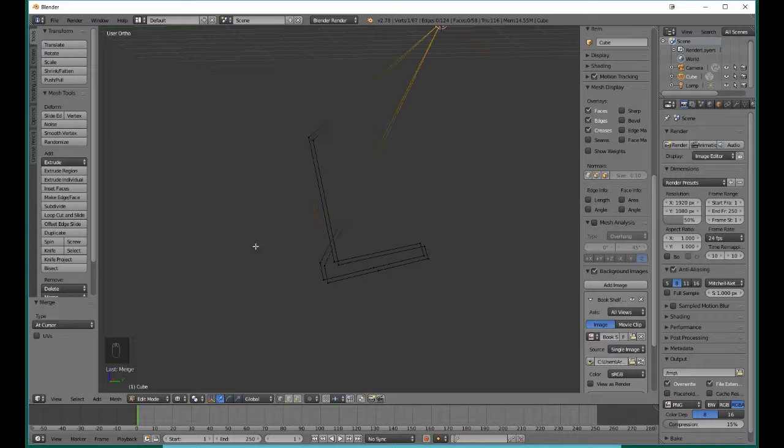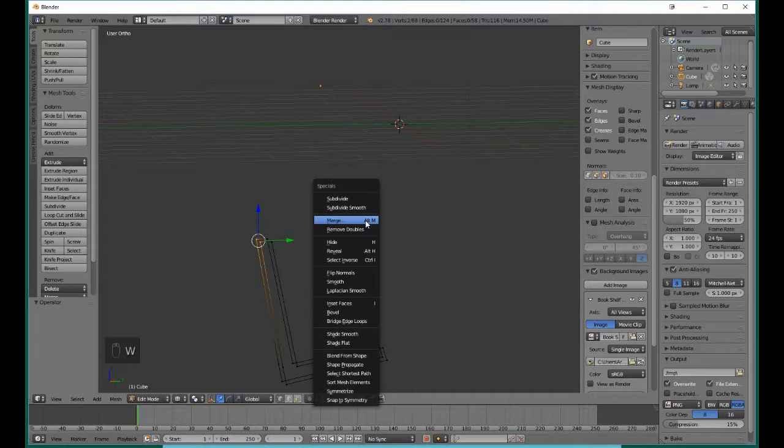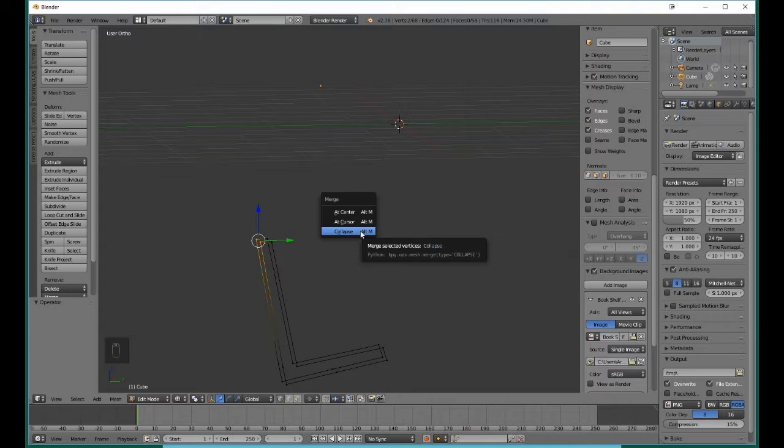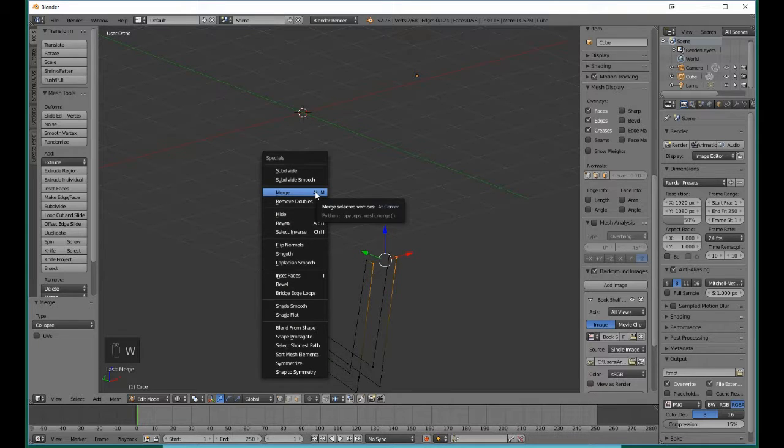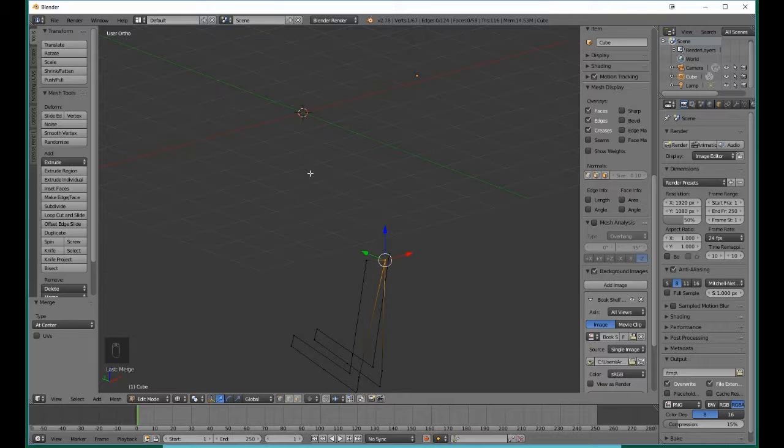So we hit at cursor, and they fly up to the cursor. And that's not what we're wanting. So we undo that. And if we were to choose the collapse option, this is what we get. Absolutely nothing. Because for collapse, if I remember right, they have to be pretty much laying directly on top of each other. So with that demonstration out of the way, just merge at center